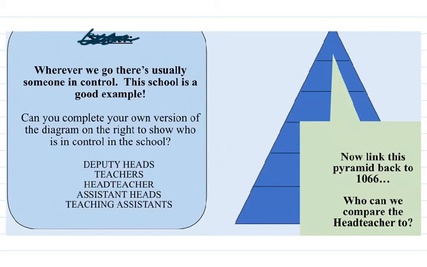So, if you remember back to the Anglo-Saxon lessons, we showed the rankings in society, and we had the king, the earls, the thanes, the ceorls, and the peasants. Now, William had a similar, but not quite the same version of that. All I want you to do is thinking of Trentham, I want you to rank the power structure in Trentham. Obviously, think who's going to be at the top, who's the most powerful man at Trentham Academy, and then bring it back down all the way, maybe to you guys, and rank the power structure for me. Draw a little triangle, do as many rows in the triangle as you want to, and then pause the video, do that now, and then we'll go through what I would have put.